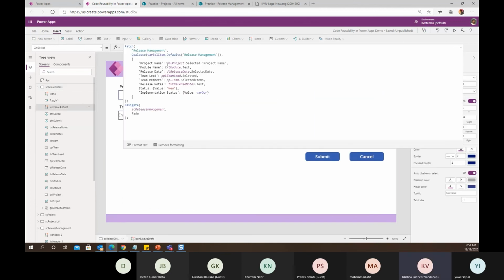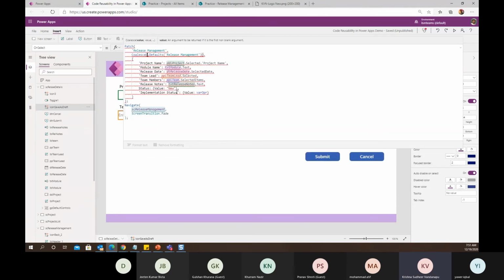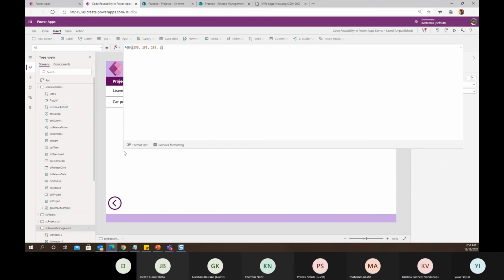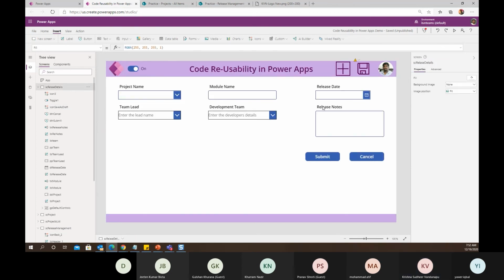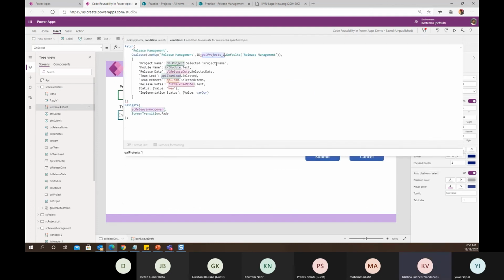So here I will get my selected item, which I could as well say look up release management where ID equal to the gallery one dot selected dot ID.